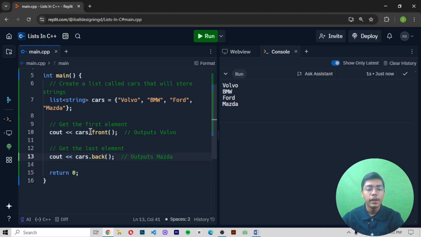Volvo, because we are printing the dot front value here, and when you are working with list, you cannot write the number values to print the output of any string. Normally in list you have to just write the dot front and dot back functions to print the first value and the last value of your string. The first value in our string is Volvo, so you will be getting Volvo, and the back value means the last value in our string is Mazda, so that's why the last value you will get printed is Mazda. So if I run it here, after running you can see we are getting two values, which is Volvo and Mazda,